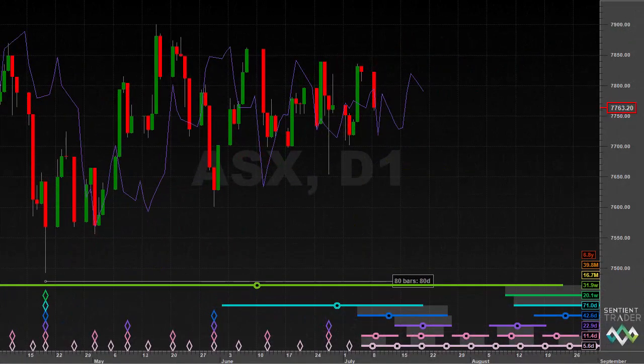We have been taking a look at the Australian stock market. This is the ASX index. And it provides us with an interesting comparison to the US markets, because whereas the US markets have been consistently bullish, the Australian market has been struggling to pick itself up out of this trough in the third week of April. Of course, the trough occurred at the same time as that same 20-week cycle trough in the S&P 500 and also the potential 18-month cycle trough in the Nasdaq.